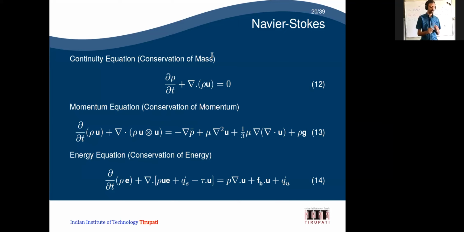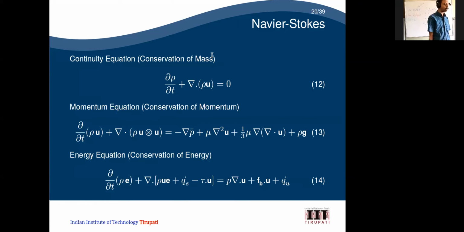It depends on time, and it will be changing. So incompressible means it is going to be constant, and if it is compressible, it is not going to be constant. The density is not going to change with time if it is incompressible. So this is one such equation, conservation of mass, which we will derive.